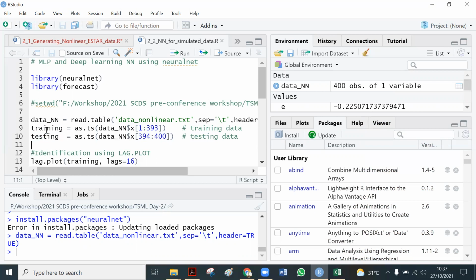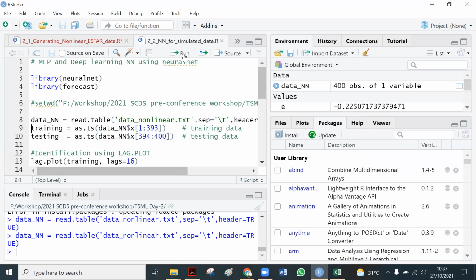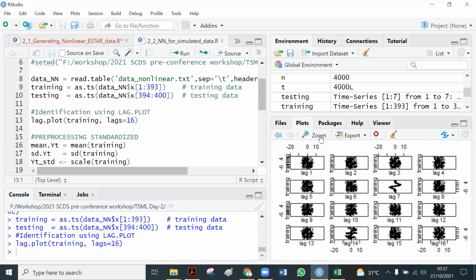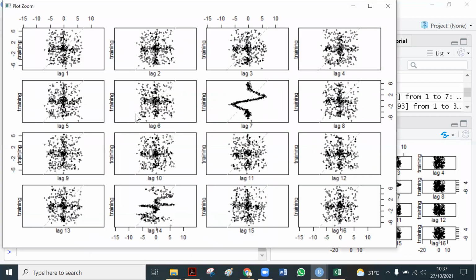Okay, we have this one, and then we plot the lag plot, which is just to check whether there is any strong pattern showing linearity or non-linearity amongst the variable and its lags.